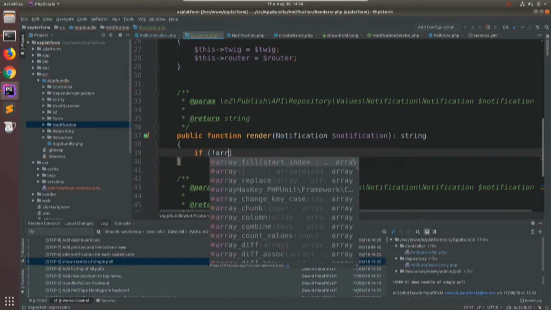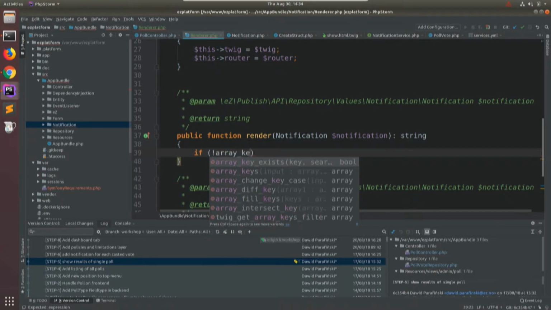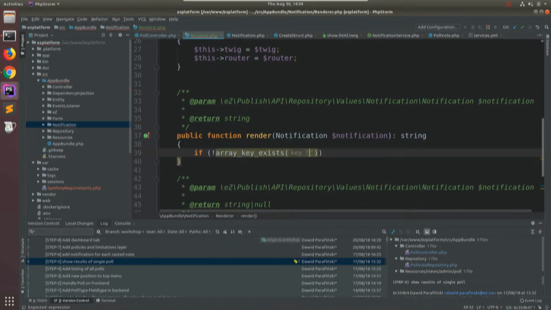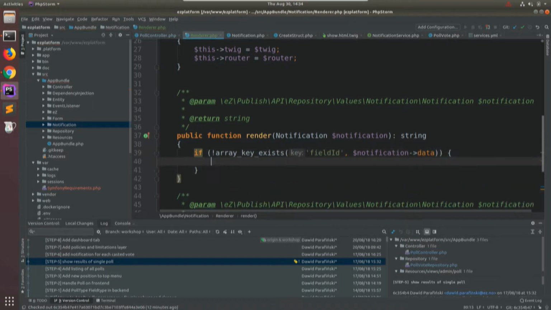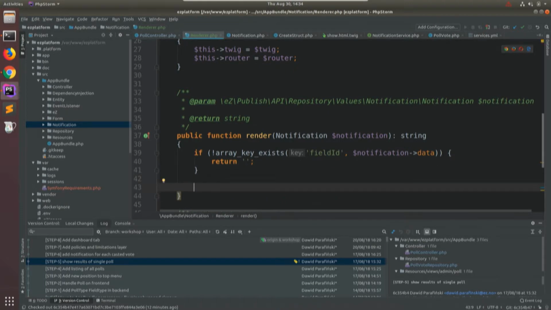So we want to check, because we are using this to get the routing, if this notification data consists of this field. If not, return just empty HTML. But if it does, what we want to do